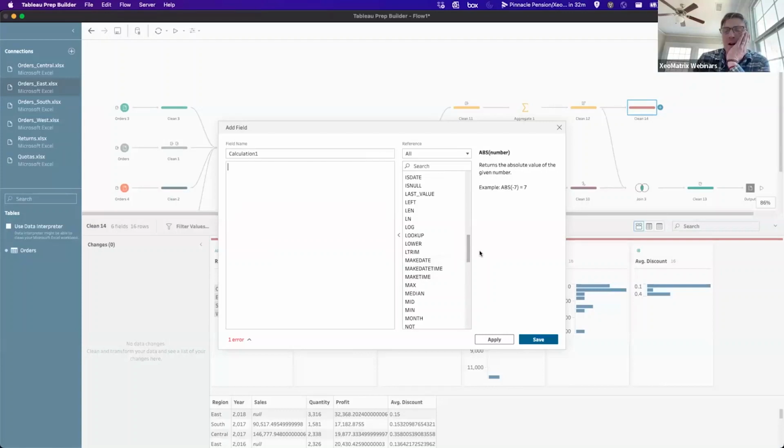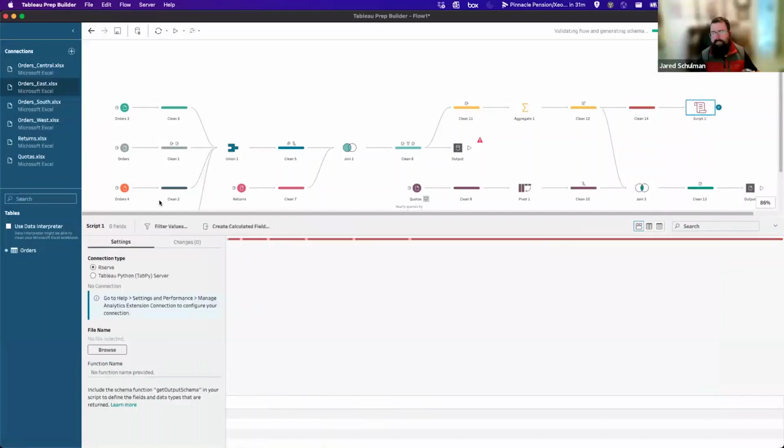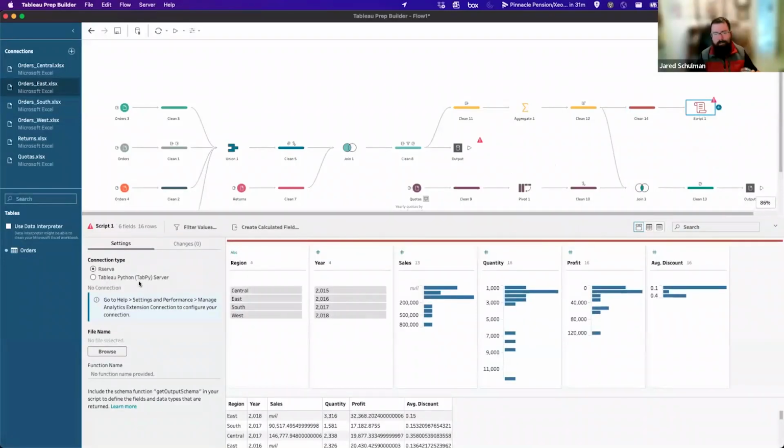The Python integration, Jared, that's referenced through a step. Yeah, in Tableau Prep there's a script step that lets you use Rserve or TabPy. And so if you have a TabPy server spun up, you can use that Tableau Python integration to run some script here. You cannot run those scripts in Tableau Cloud. It's a security risk. They just don't allow it unless that's changed in the past couple of months. So that's something to be aware of: if you're going to use R or Python in a Tableau Prep flow, you won't be able to schedule that to run on Tableau Cloud.